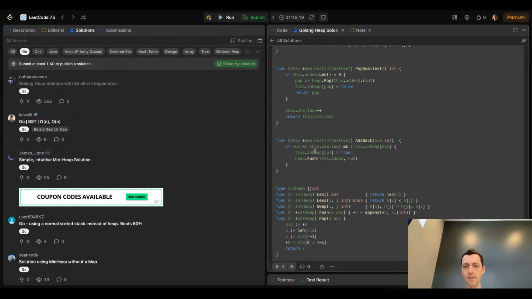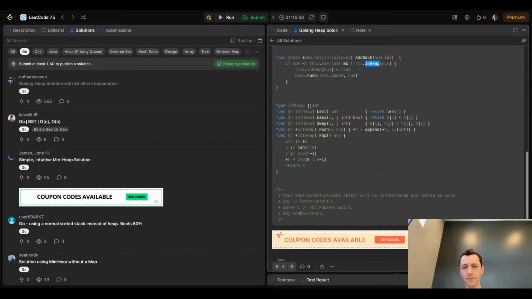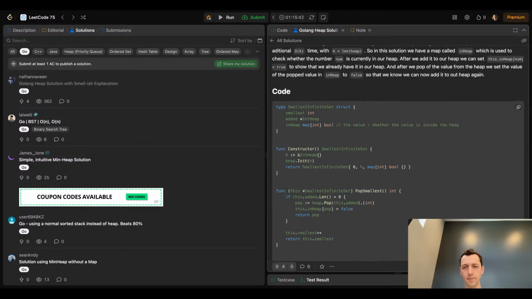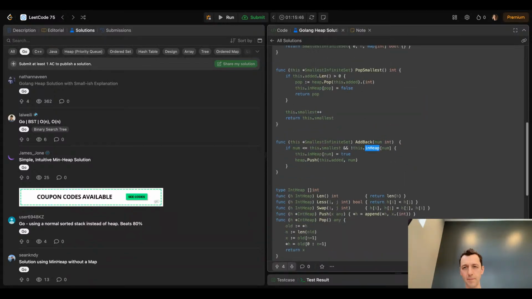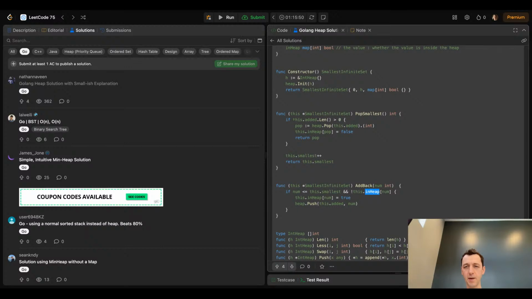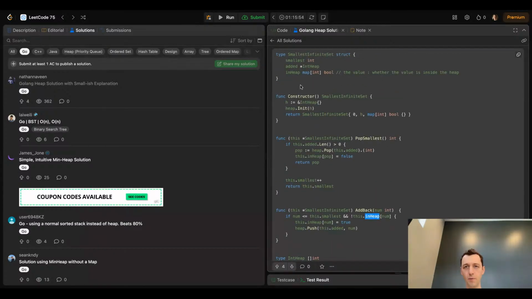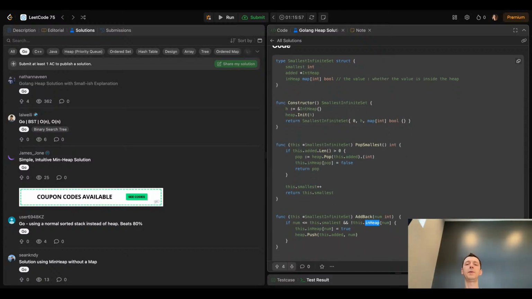So when they do add back, what is this method in heap? Oh, it's int heap, I guess. It's not a method. Oh no, it is. So wait a second. It's a field. Oh, they keep the map. Okay, so they just track in heap using a map whether the value is inside the heap. Ooh, okay. So they added additional. So they track the smallest. I don't know if you need to do that, but